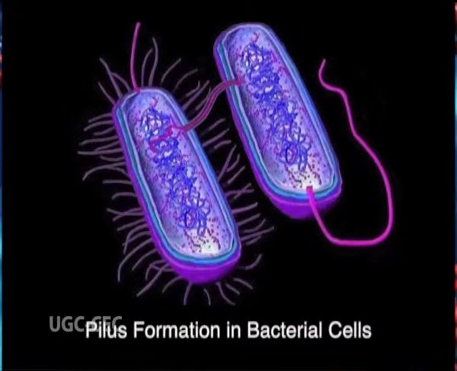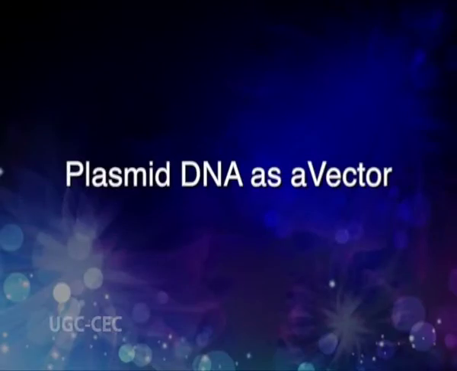common bacterial pathogens. Other than drug resistance genes, many of these plasmids also contain genes responsible for forming a macromolecular tube or pilus. The major function of this tube is to transfer a copy of the plasmid to other host cells of the same or related bacterial species. The genes responsible for this type of transfer are called transfer genes.